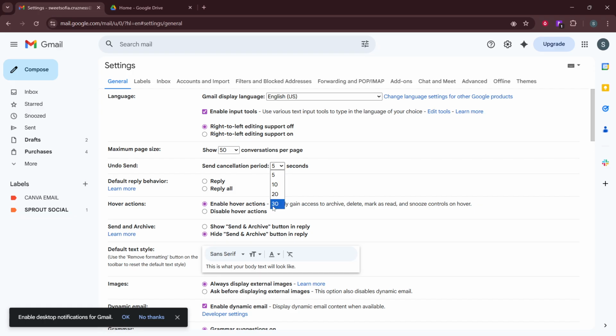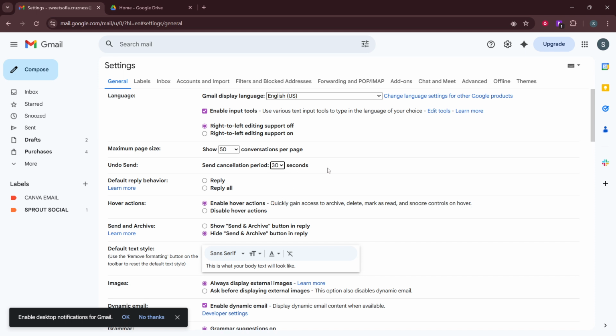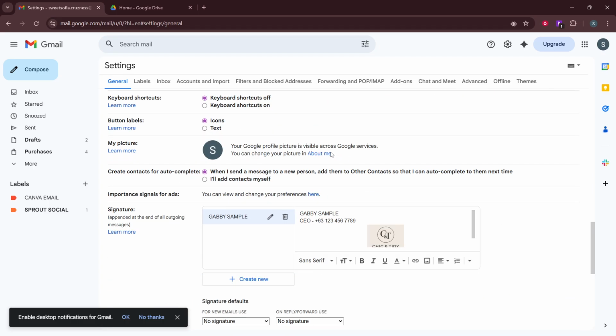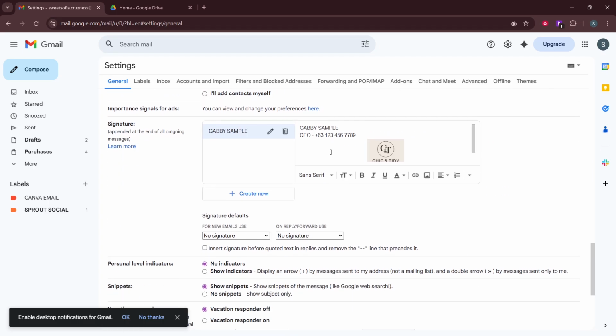Choose the cancellation period that works best for you: 5, 10, 20, or 30 seconds. If you're not sure which to pick, 30 seconds is the safest choice because it gives you the longest grace period to spot a typo, add a missing attachment, or correct the recipient. The trade-off is that your emails won't actually leave your outbox until that window closes, so there's a slight delay